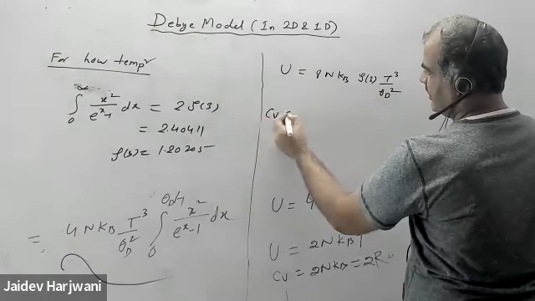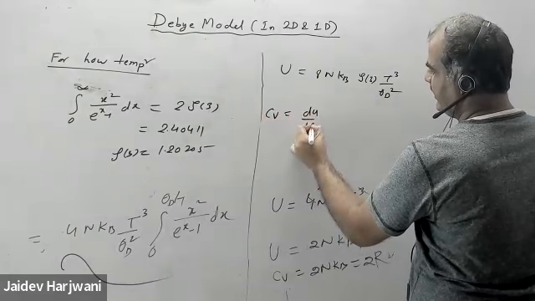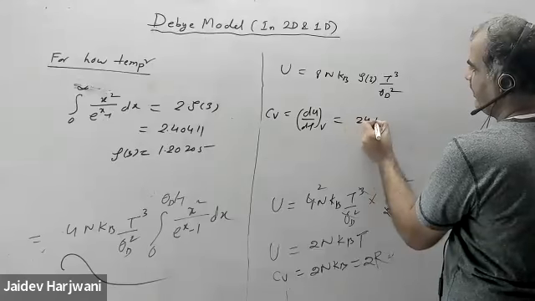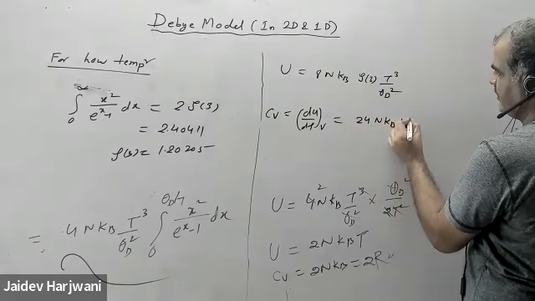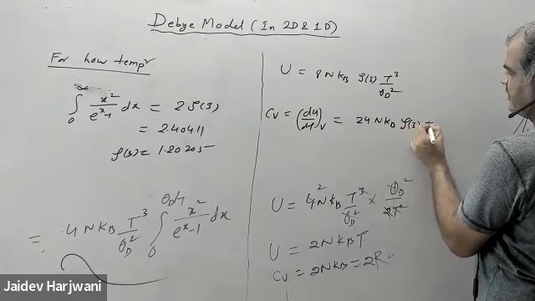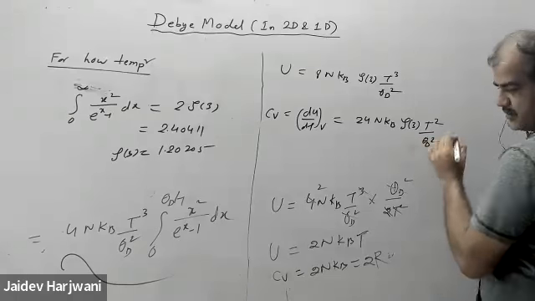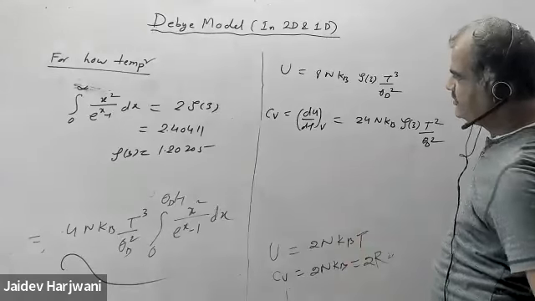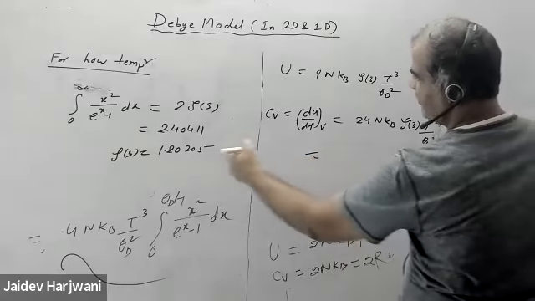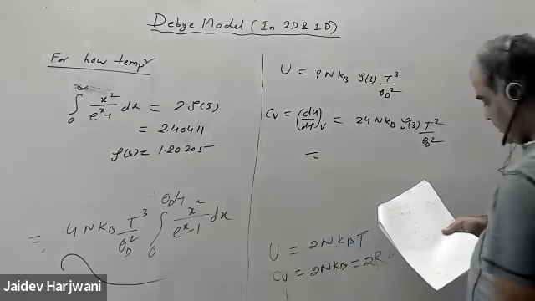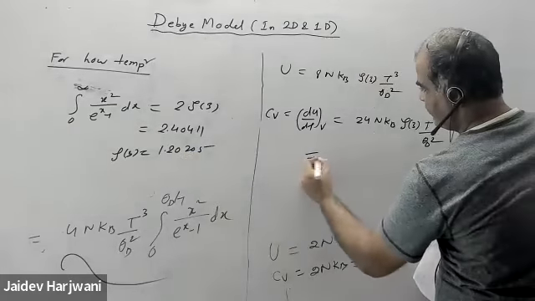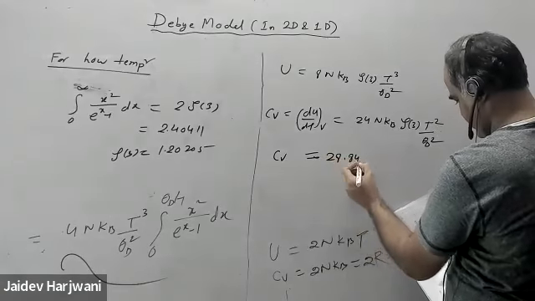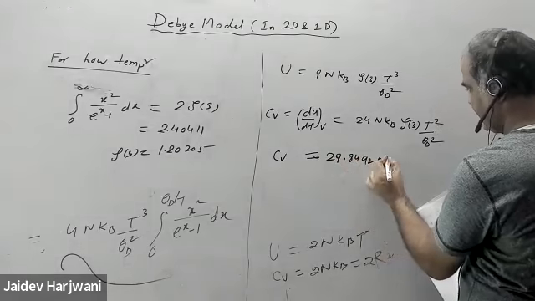If I want Cv, dU upon dT at constant volume, this will give you 24n kB, zeta 3, T square upon theta D square. And if you put the value of zeta 3, 1.2 times 2, this will give you the exact value of Cv, 28.8492